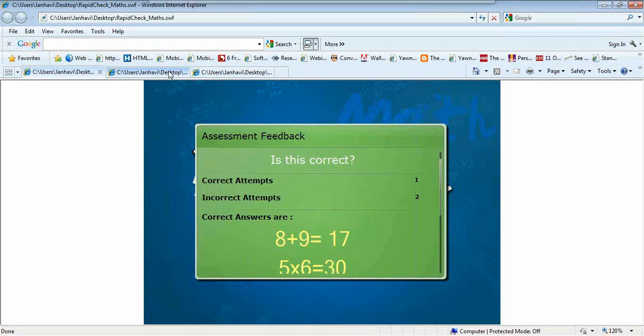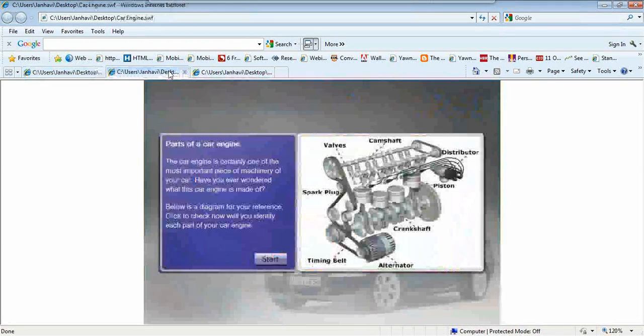So the next example is another interesting example, and this time we'll be making use of images. So that's right, Raptivity Rapid Check gives us a choice or option to use both text as well as images in our options. And as we all know, when graphics or images are used for the right purpose, they can create a very interesting and fun-filled learning environment. So let's see this example and see how Rapid Check has been applied to a completely different context this time,